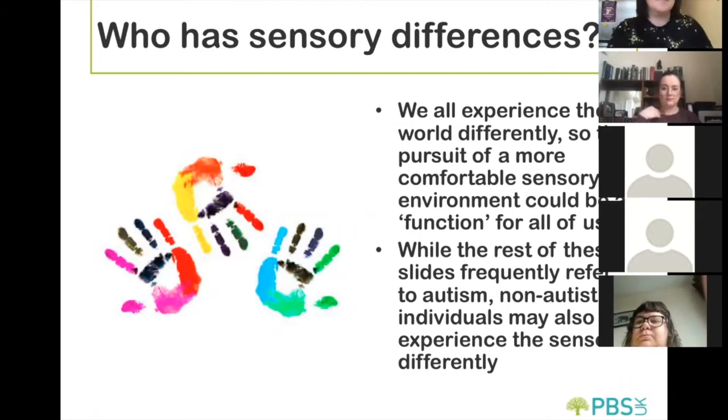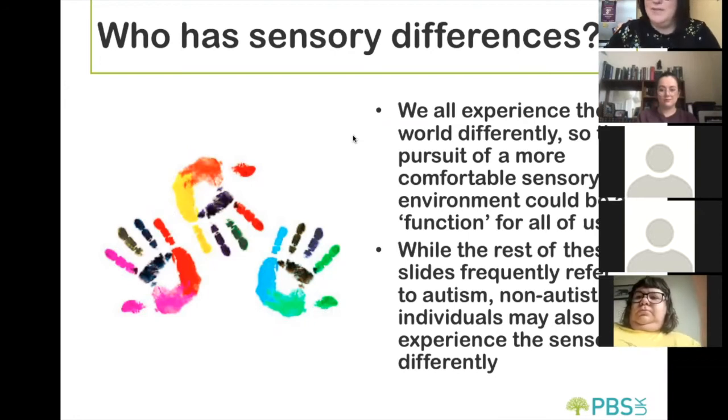I should also reference the fact that some of the slides we're going to be going through have been developed by and alongside an autistic individual who's been involved in our autism training. She's a wonderful lady called Lizzie, and we've got her to look over our autism training for us, and she's given us a lot of her perception and experience of the world. So some of the slides actually come from her. I think that gives them a little bit of added value, doesn't it, having come from someone who's got real lived experience of some of these differences and issues.